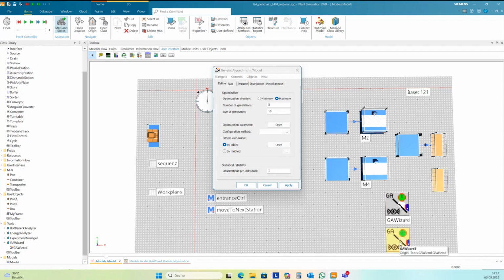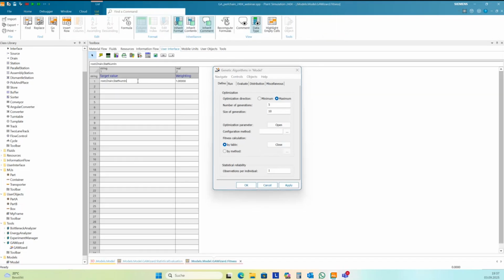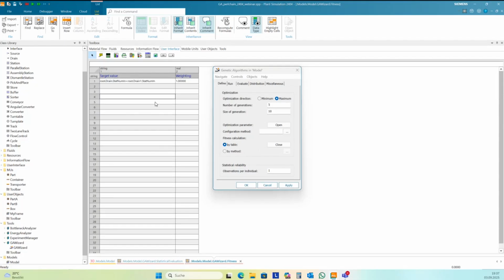Okay, I have to duplicate this. Open plus, and then okay, you can do this in this way.